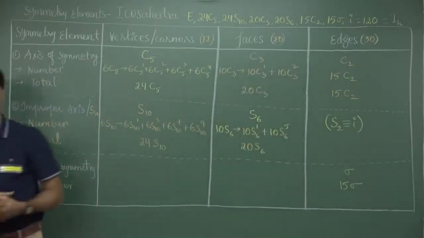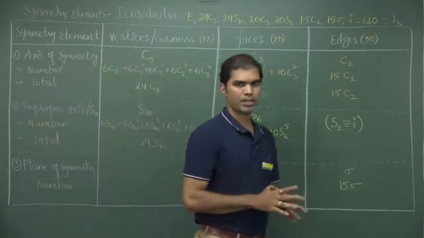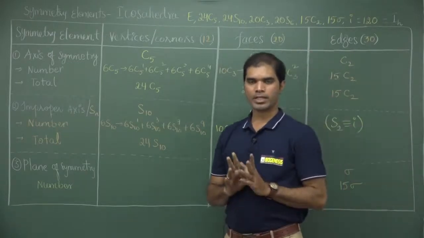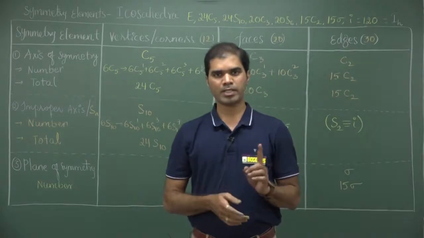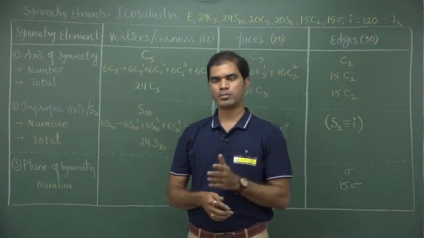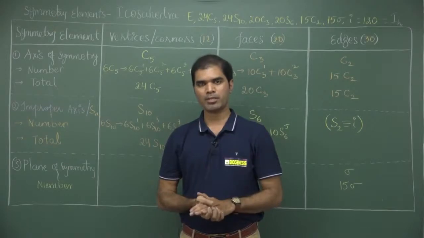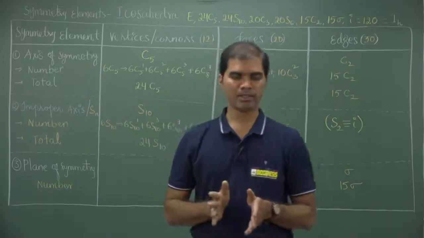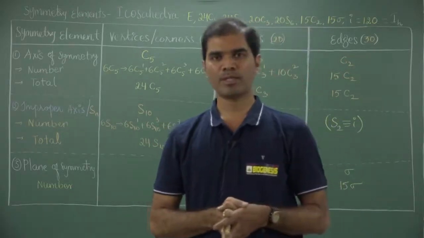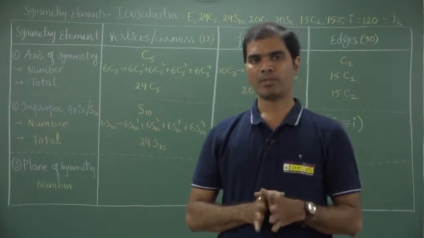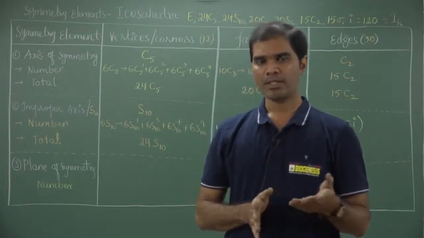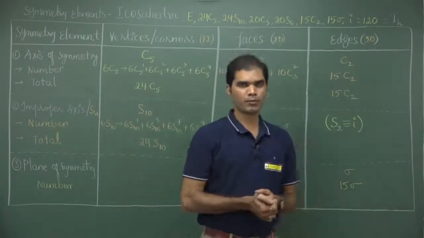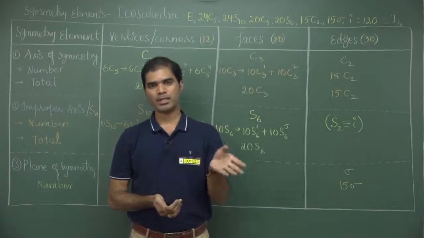So just let me conclude. For icosahedra, icosane means 20, there are 20 triangular faces, therefore it is also called a deltahedra. There are altogether 12 vertices in 6 pairs, and from each pair one C5 will pass. 6 C5s are possible altogether. Each C5 will generate 4 symmetry elements, therefore 24 C5s are possible. Collinear to C5 is S10. Since 6 C5s are possible, 6 S10s are also possible, and each S10 will generate 4 symmetry elements. 6 S10 will generate 6 into 4, 24. 24 S10s are possible which are collinear to C5.